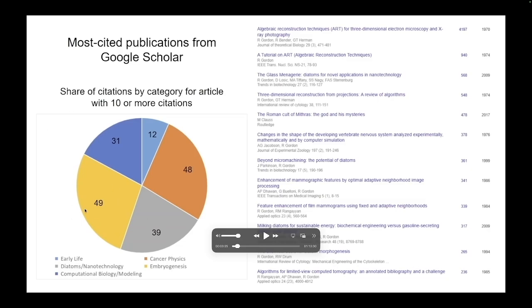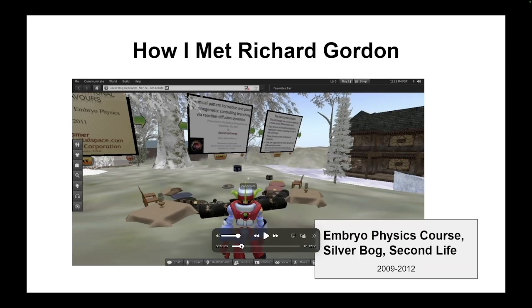So usually, his embryogenesis work was front and center for us, but then we focused on some of these other areas as they became relevant. Computational biology was actually part of DevaWorm as well, and his influence shaped some of the research questions we tackled. And so I met Richard Gordon, or Dick as he was usually called,